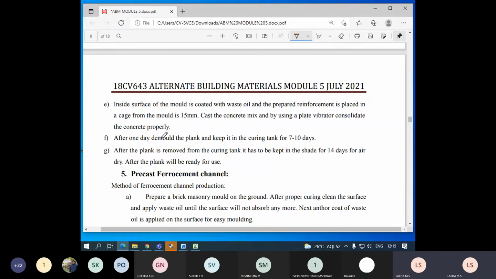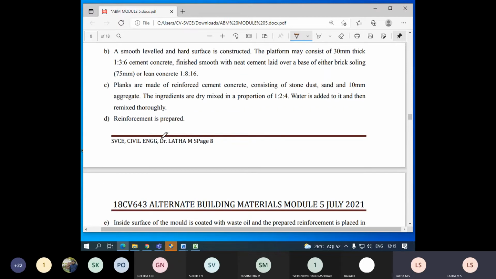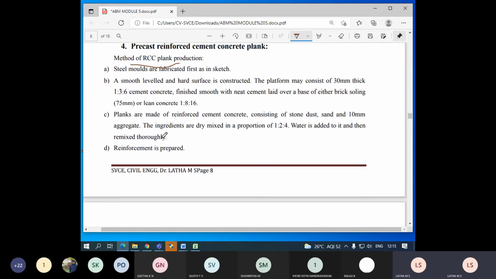After a day, you will be demolding. It's a regular procedure of your reinforcement, right? But the only thing is you have to use a steel gauge. Then you have a certain procedure before laying your regular concrete.